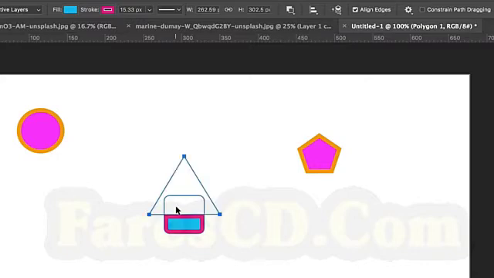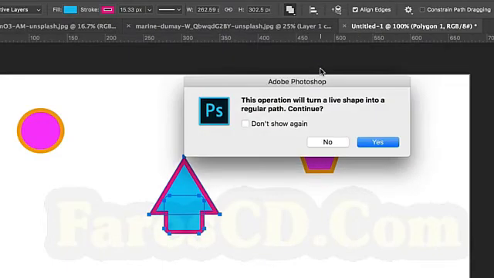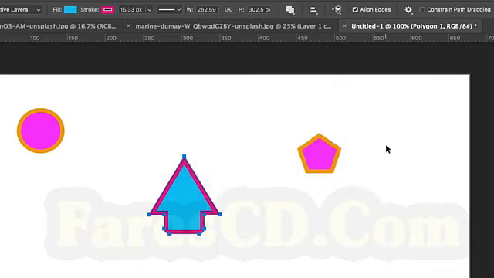So let's select them once again, combining shapes, and let's say we would like to make these two shapes as one shape. So we can be selecting that option in here, merge shape components, where we will no longer be able to edit those two shapes as separate shapes, and they will be as one shape. So we can be executing that one to have that house or arrow shape as one vector shape, and even